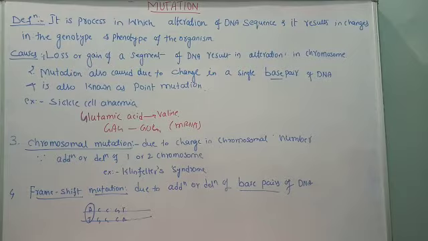But according to our NCERT reader, the definition goes like this. It is a phenomenon in which the alteration of gene sequence results in a change in the phenotype or genotype of the organism. So the meaning of this definition: mutation is nothing but change or alteration of the DNA sequence. Here they have given DNA sequence; you can use the word DNA sequence or base sequence, or in other words gene sequence. Instead of DNA sequence we can also call it gene sequence.